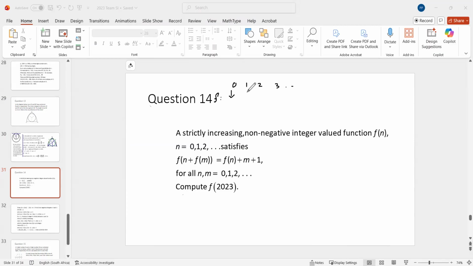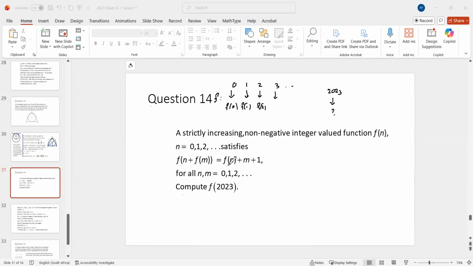It sends 0 into something, 1 into something, and so on. So this is really f(0), f(1), f(2), and so on. And the question is, what is f(2023)